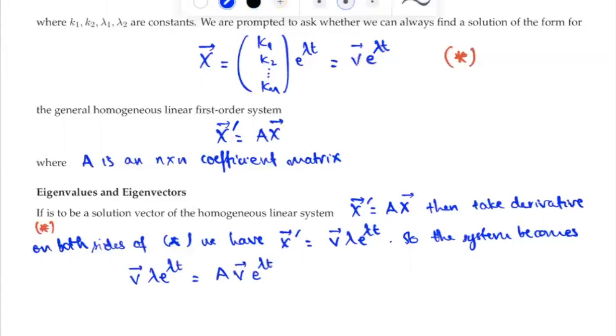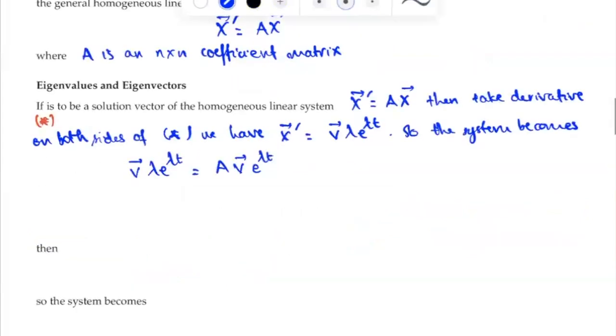So we're going to manipulate these new equations we just got. We put everything on one side. You cannot just delete e to the lambda t at this point. Later on, of course, we can, but I just want to put everything on one side of the equation first and then delete e to the lambda t later. So it's going to be A v times e to the lambda t minus v times lambda times e to the lambda t equal to 0. Now, e to the lambda t is a common factor, and v is a common factor as well. Remember, lambda is a constant, e to the lambda t is also a constant. So when you take out the v and the e to the lambda t,